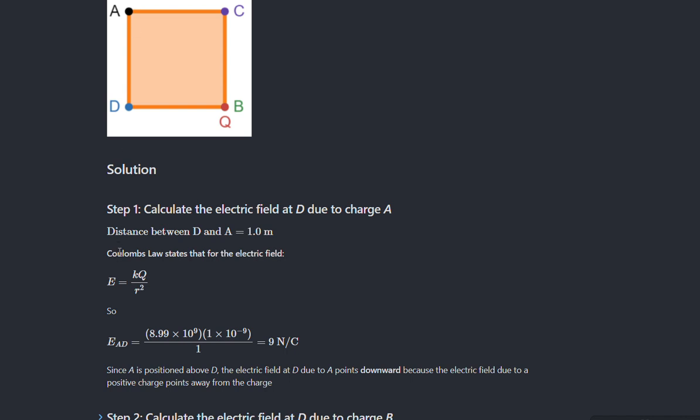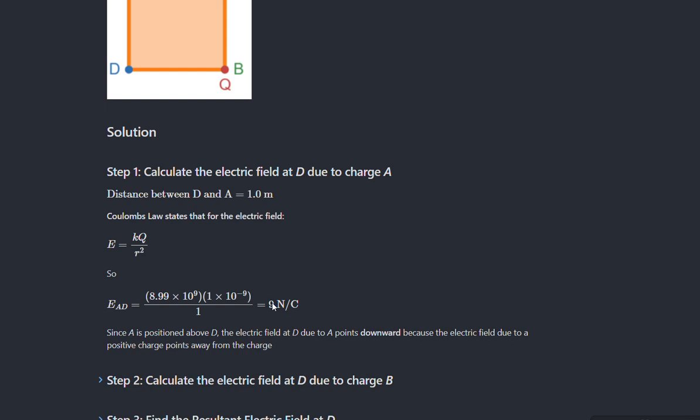And according to Coulomb's law, the electric field is equal to Coulomb's constant times the magnitude of the charge divided by the square of the distance. So the square of the distance in this case is just 1 because 1 squared is 1. And Coulomb's constant is approximately 8.99 times 10 to the ninth. And we have to multiply that by the magnitude of our charge, which is 1 times 10 to the negative ninth, or 1 nanocoulomb. And so the magnitude of the electric field at D due to A is approximately 9